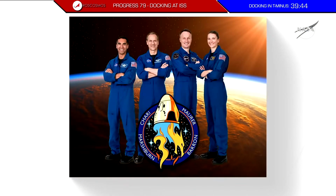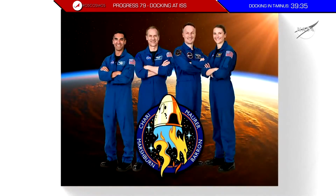While this activity is ongoing, down at the Kennedy Space Center, the 4 astronauts who are scheduled to launch in the wee hours Sunday morning on Halloween are in their final preparations for their own journey to the International Space Station. From left to right, the Crew 3 Endurance commander of the SpaceX Crew Dragon spacecraft, Raja Chari, joined with pilot Tom Marshburn and mission specialists Matthias Maurer of the European Space Agency and NASA astronaut Kayla Barron, again wrapping up all of their final preparations on the assumption that the weather will cooperate to allow a